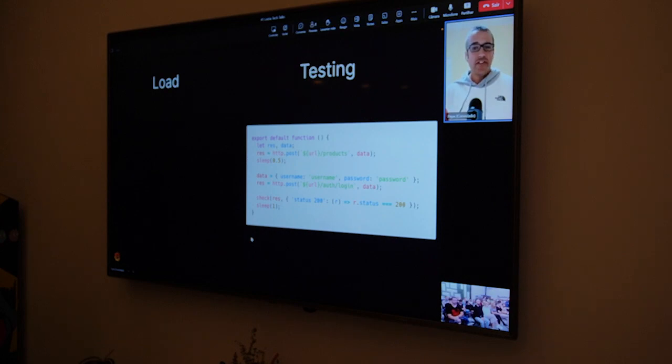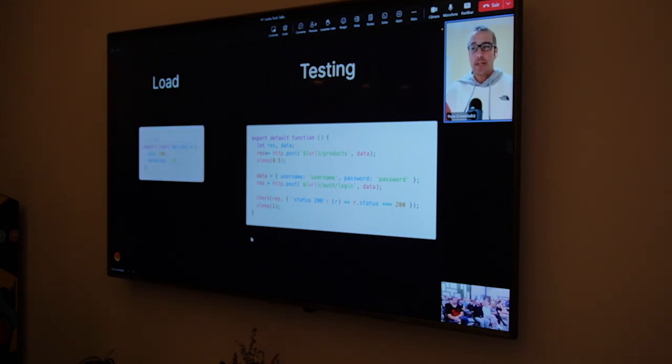In terms of scripting, it's very similar to other types of testing, written in JavaScript. Here is what we call the scenario. We do a post to a product and we are doing a login, so something common to other types of tests. The difference is the load part. Here we are setting the load in terms of virtual users: 100 virtual users that are going to be running during 2 minutes. So testing the load. Two parts,